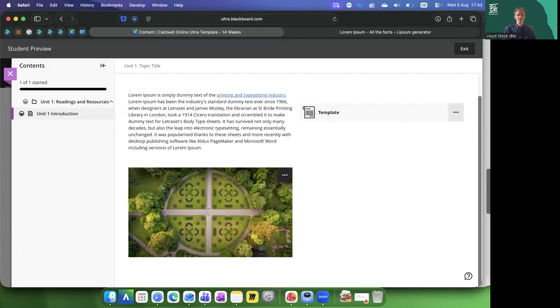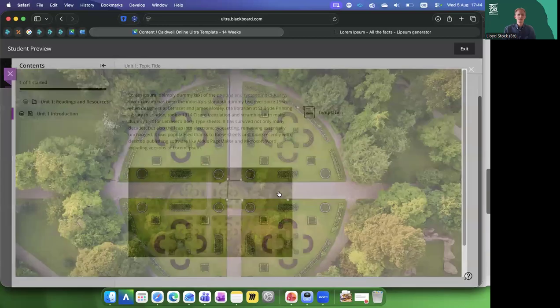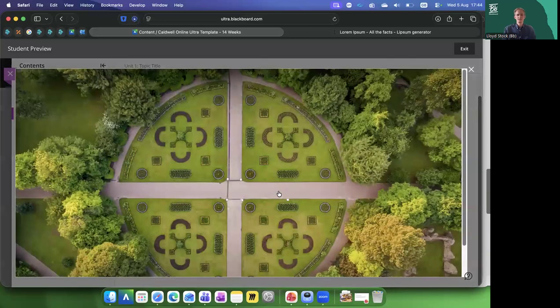This image here, there's no button for them to download it. Of course, if they know what they're doing with the browser, there's no way to stop you from downloading the content. Students do have a more options button so that they can expand on images and video content, and